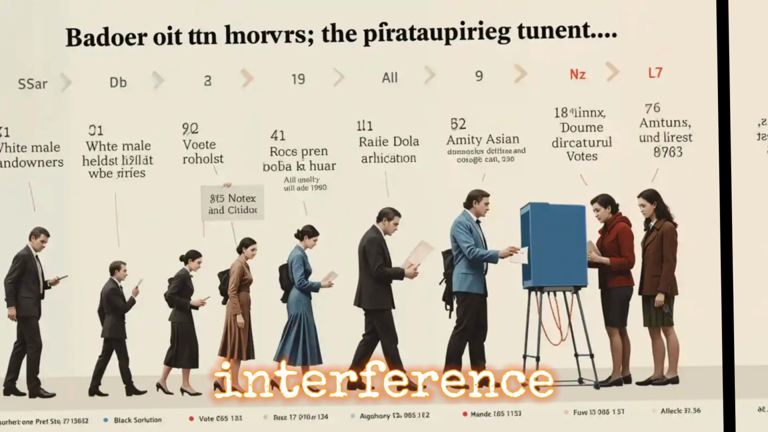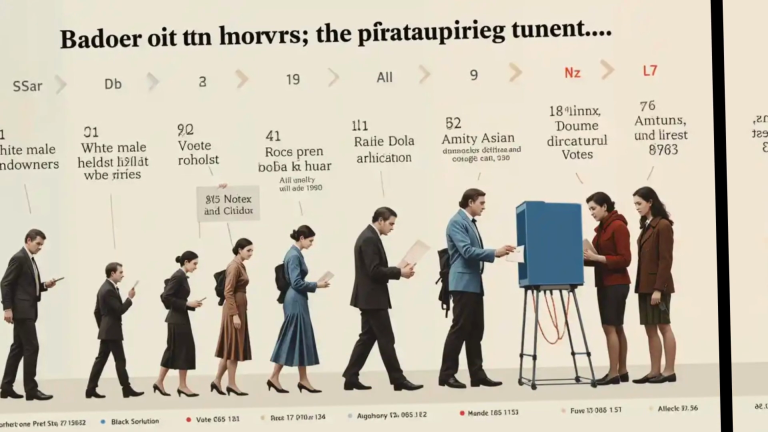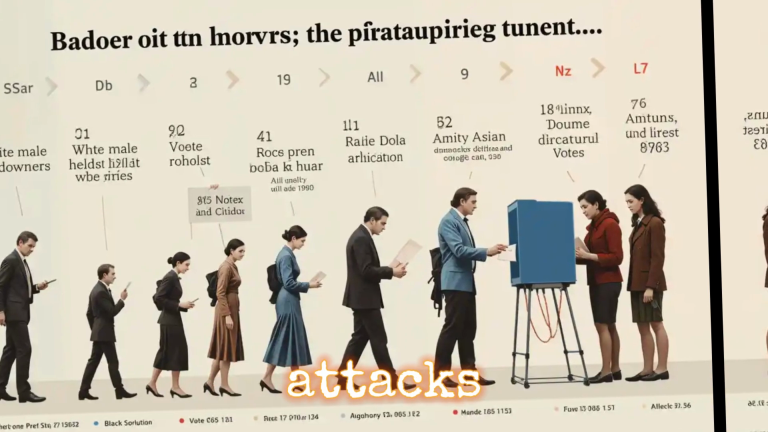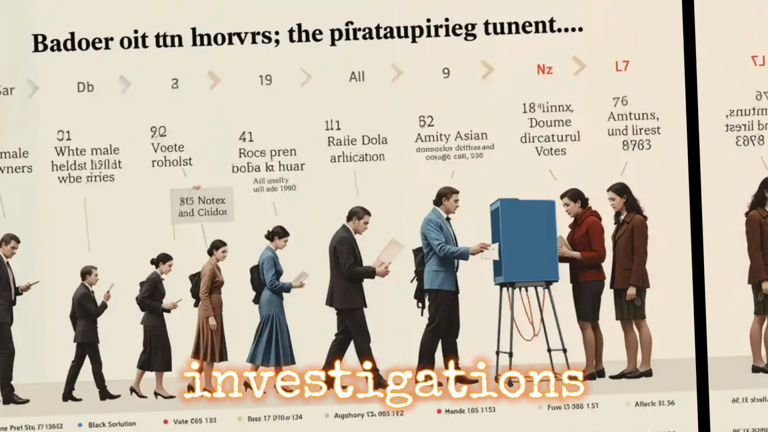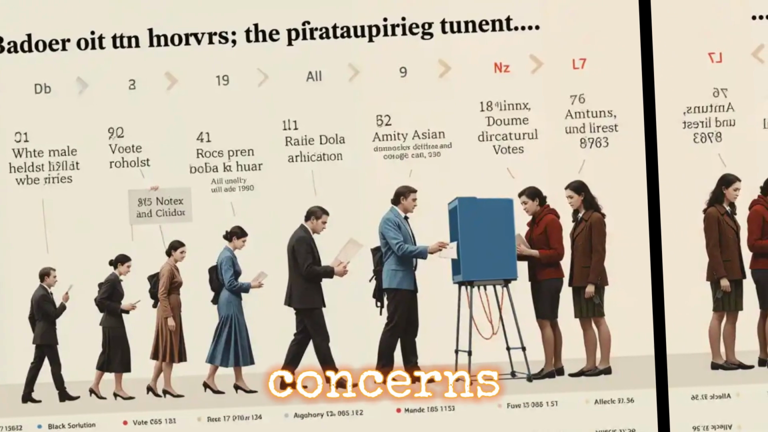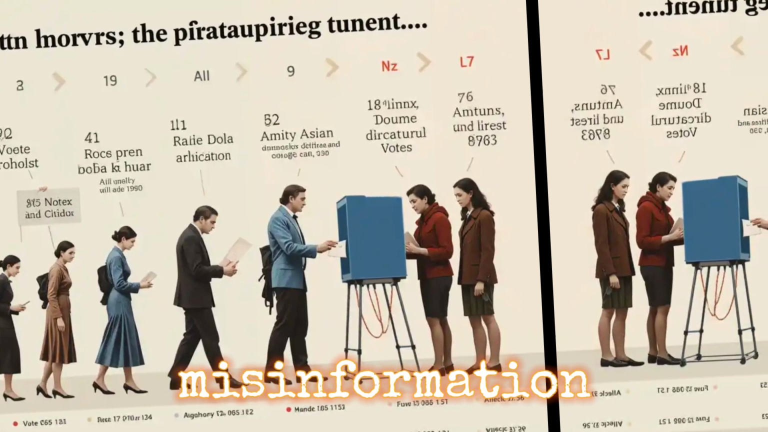Election interference, both foreign and domestic, is another major challenge. In the 2016 election, Russian interference through cyber attacks and social media manipulation shocked the American public and led to investigations that exposed vulnerabilities in the system. It revived concerns not only about national security, but about the spread of misinformation, which now spreads rapidly through digital